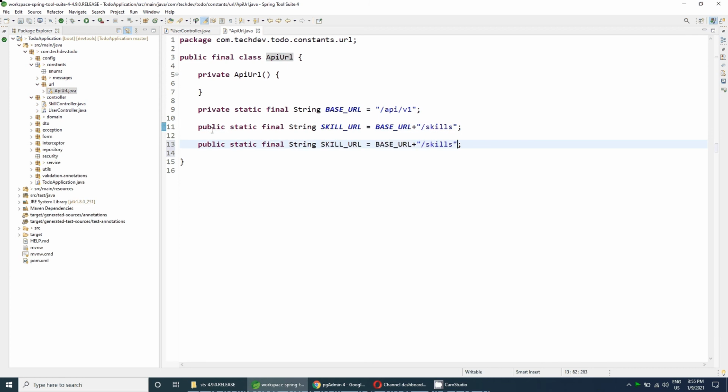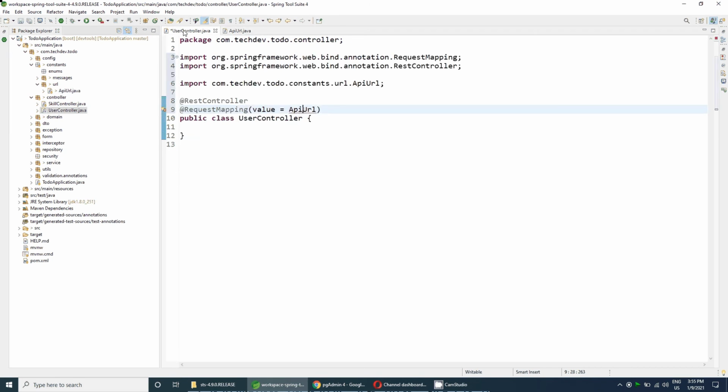So just copy and paste it and rename it as the user URL, and replace skill with users. And we need to use it here. So our request mapping will become the user URL, meaning slash API slash v1 slash users will contain the request base URL for the user controller, or the user API.